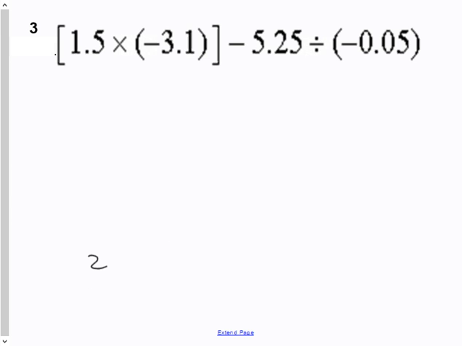So rather than, oh, so that's not what I wanted, 2 times negative 3 in square brackets. Take away, not a negative. This is not a negative symbol. That's a subtract. Take away